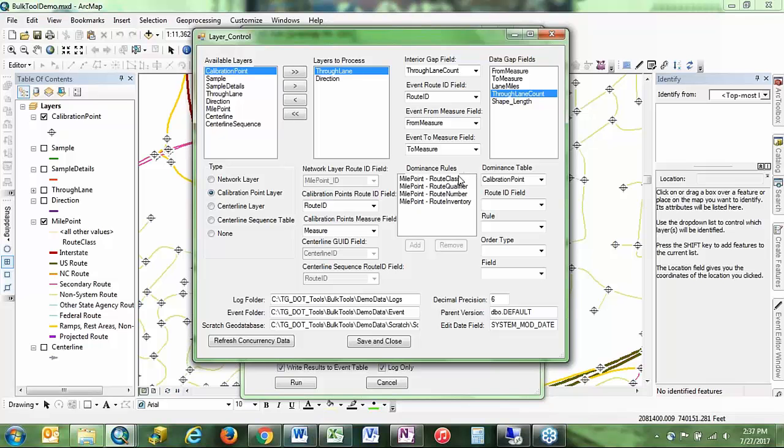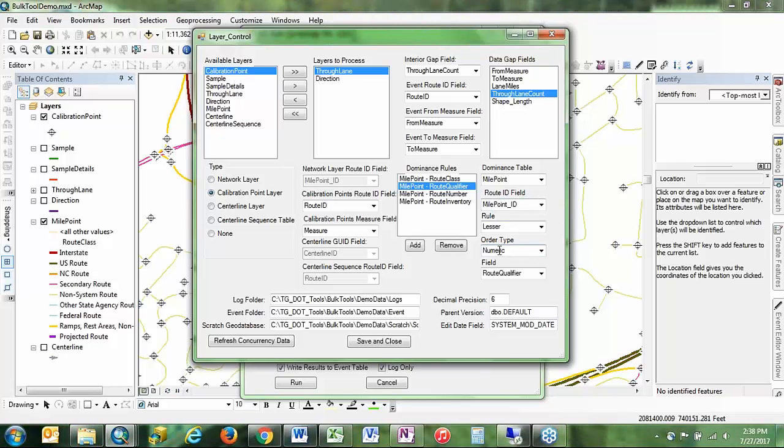Moving on down here, this is where we're going to configure dominance rules. So the tool will ignore dominance if you leave all of this stuff blank. But typically what we're finding people would do is configure these rules to match the rules that you have in your ALRS. So given that, you'll probably recognize a lot of these terms. So what you're seeing here is these are the same basic concepts that you have in your ALRS that you've configured, where the rule is lesser, it's a numeric field, and then there is the specific field. So you can configure any number of different dominance rules you like, and it will run them in this order.